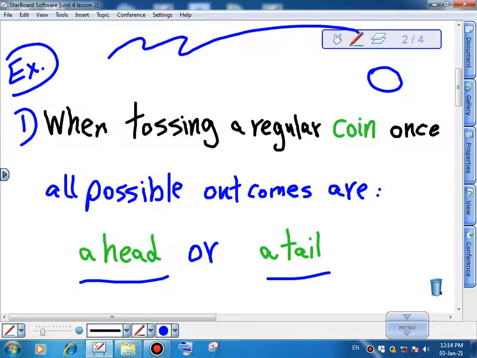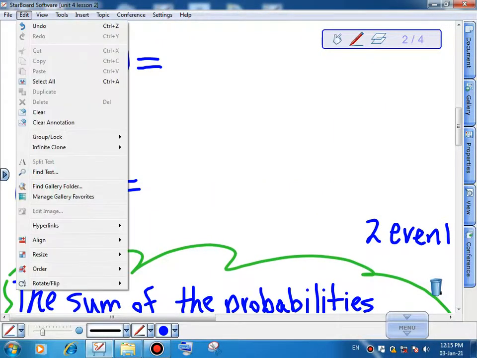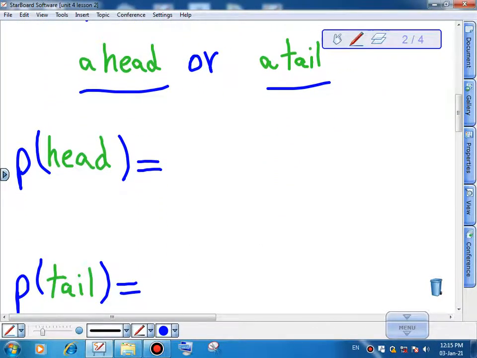So the number of all possible outcomes is equal to 2 events. The first event will be a head, and the second event will be a tail. If I ask you the probability of getting the head of this coin,